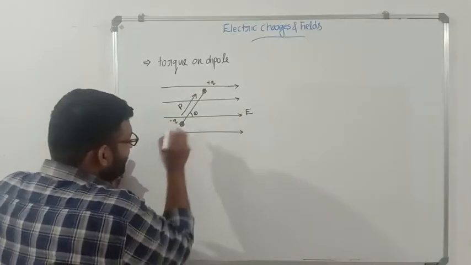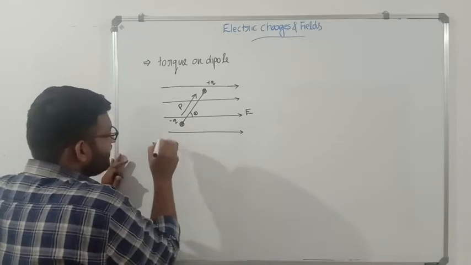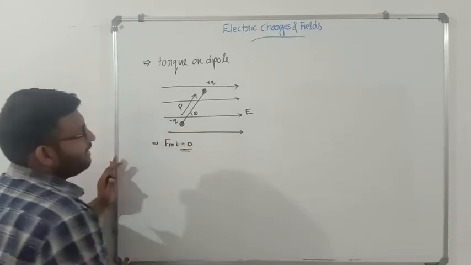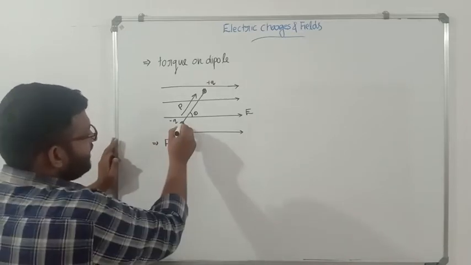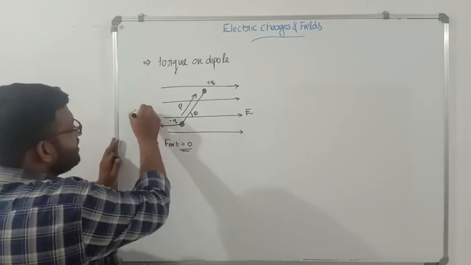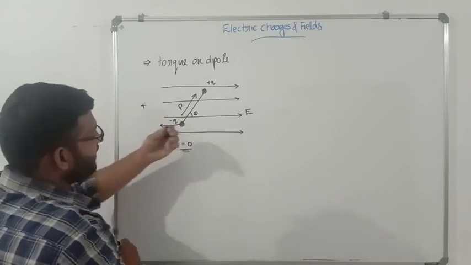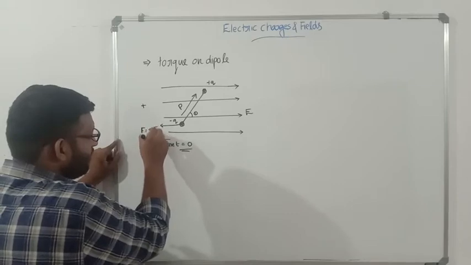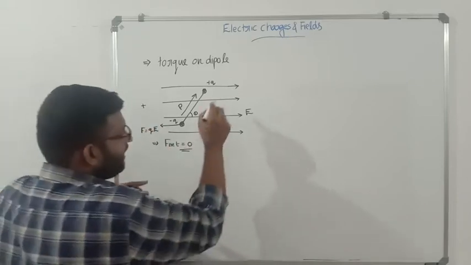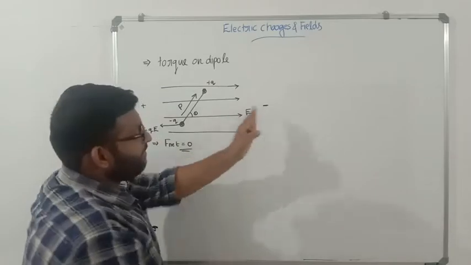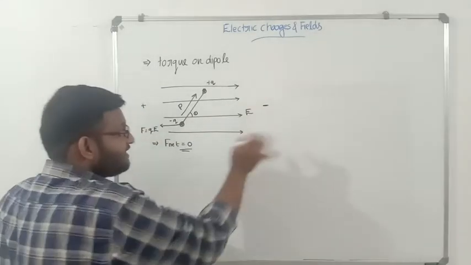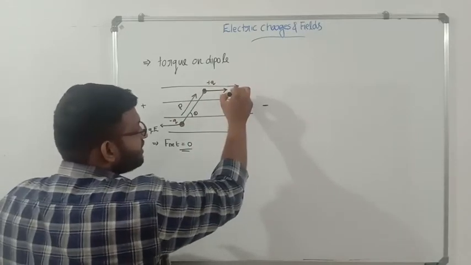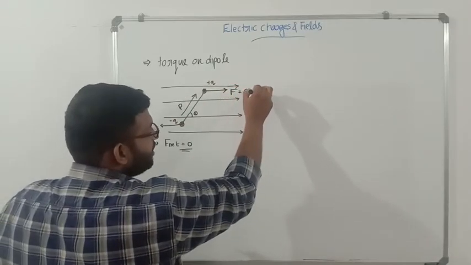So we can simply say that in the situation, net force on the dipole is 0, because there is an attractive force in this direction. Since this is a positive region, this negative charge gets attracted, and that force is given by F is equal to QE. Okay, at the same time we know that the field lines will end up in a negative part, so this region is negative, and we can say that there will be an attractive force along this direction that is given by F is equal to QE.